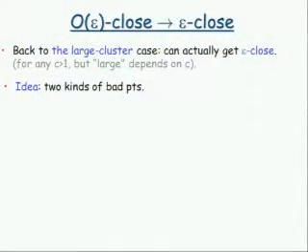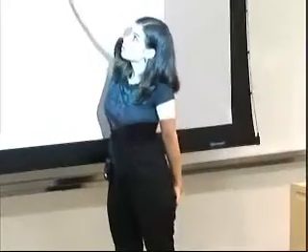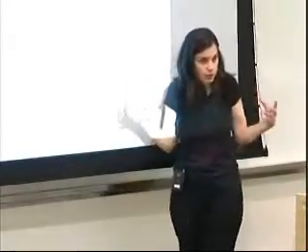Okay, now going back to the large clusters case, it turns out that we can do even better. We can get even epsilon close to the target clustering if the target classes are large. But now the notion of largeness is going to depend on this parameter c. Okay, and what's the main idea? The main idea is that there are really two kinds of bad points. Epsilon n bad points are confused bad points in the sense that their distance to their second closest center is not too much larger than the distance to their own center. So these are confused points.